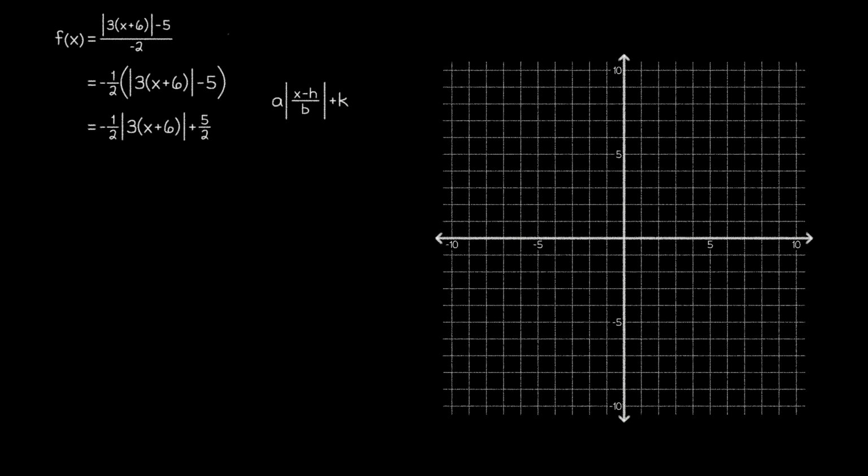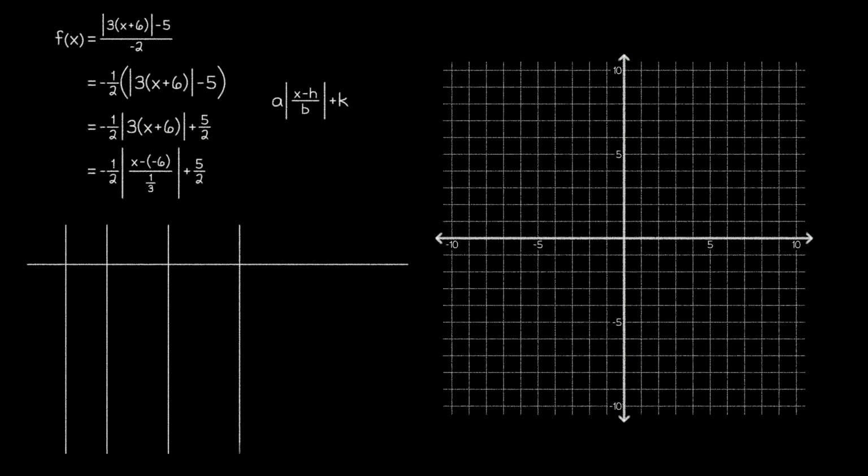But thankfully, the reciprocal property works going from multiplication to division as well. If we're multiplying by 3, that's the same as dividing by 1/3, which allows us to make our final rewrite and achieve this function. Notice that we also wrote the +6 as -6, which will help us later when determining h.